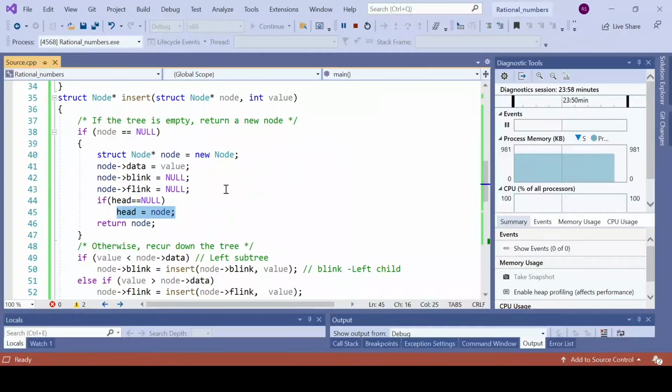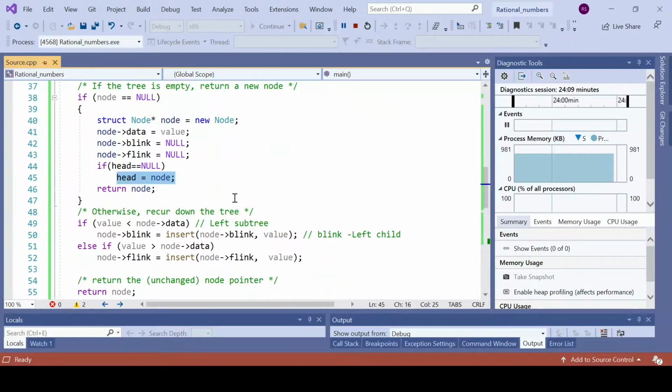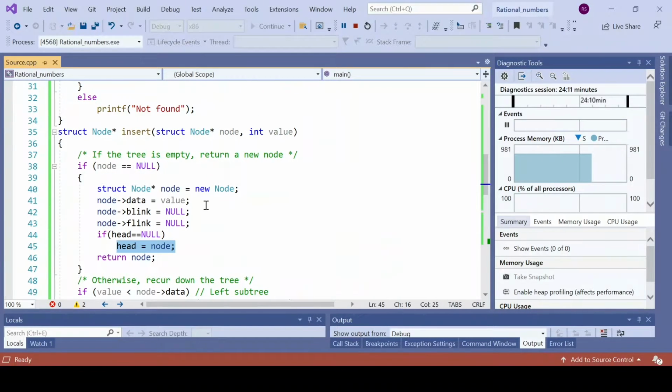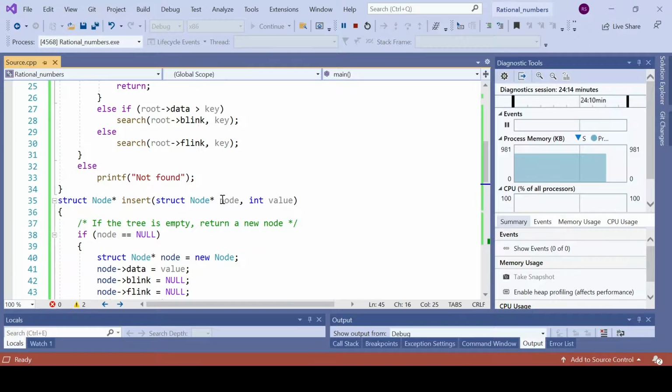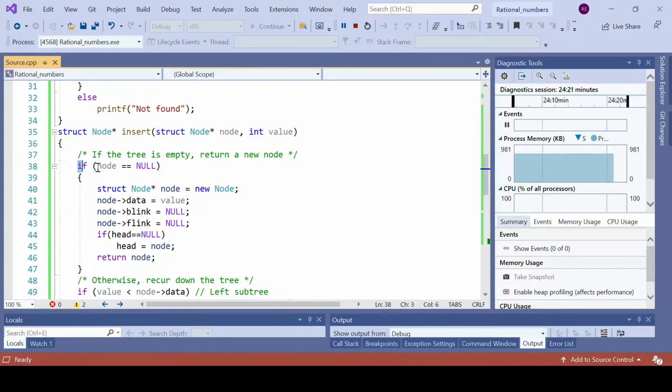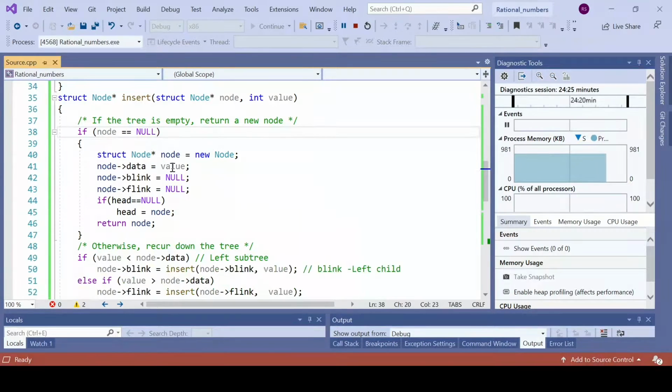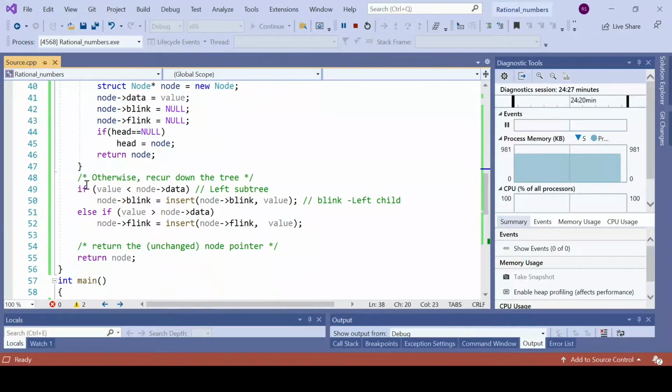Because it is the first node, we don't have to compare the value with any other node, but only from the second node onwards the comparison will become necessary. So let us assume we are making a call to the function again by passing another value. Now the head is passed along with the new value that is going to be inserted, and this condition is now false because the head is not null anymore. It is pointing to the first node.